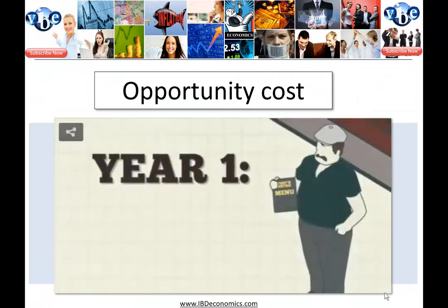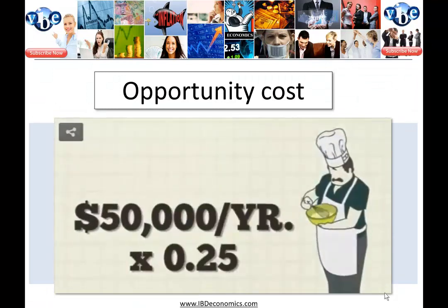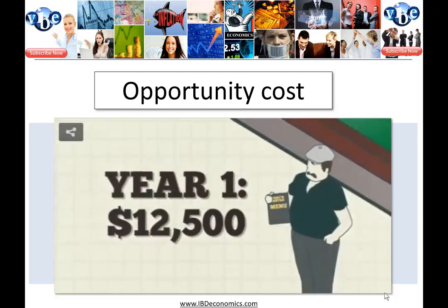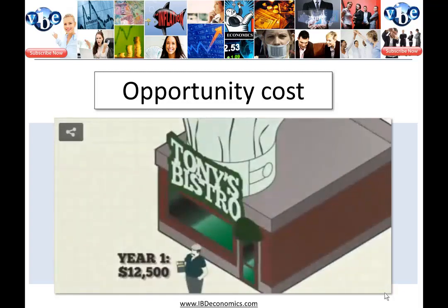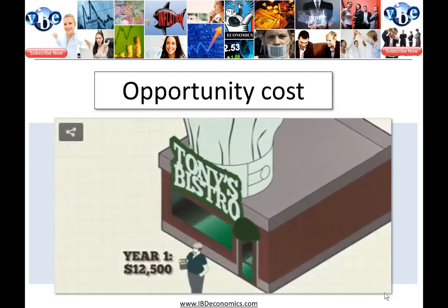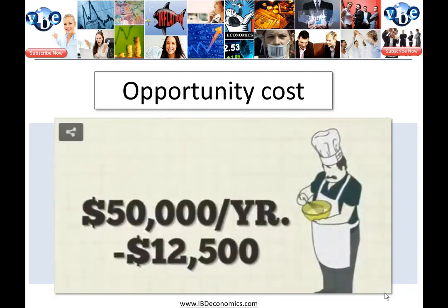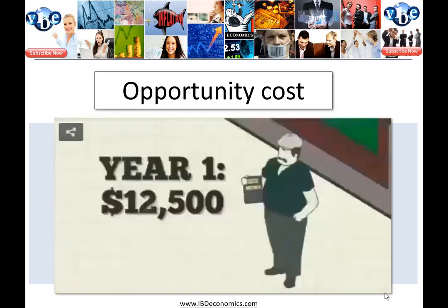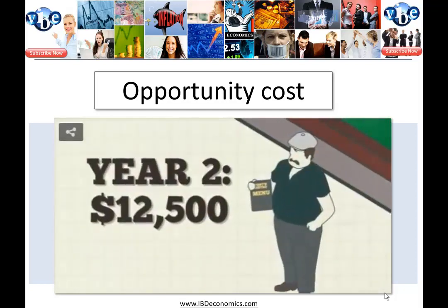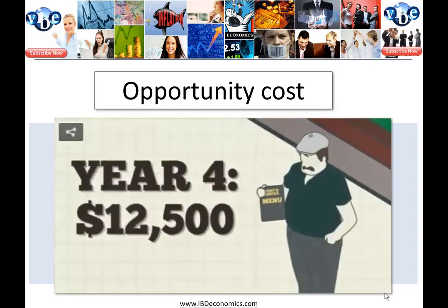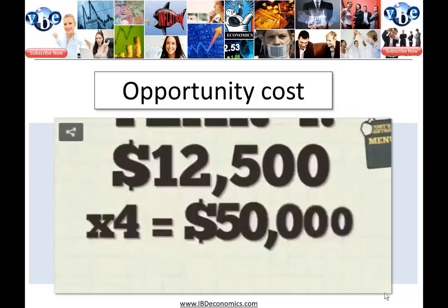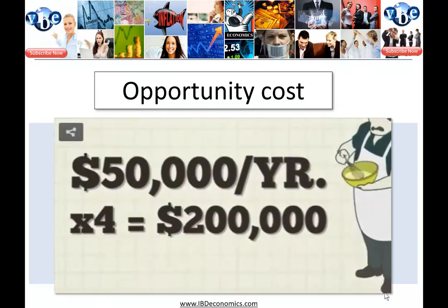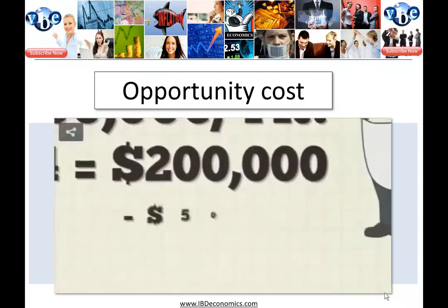In the first year, he earns only 25% of what he made as a sous chef, or $12,500. The opportunity cost of starting his own business is the other 75% of the income that he would have made if he had stayed at his old job, or $37,500. Tony doesn't make too much for the first 4 years his restaurant is open, and his opportunity costs are high. He only earns $50,000 instead of the $200,000 he would have earned at his old job. So his opportunity cost is